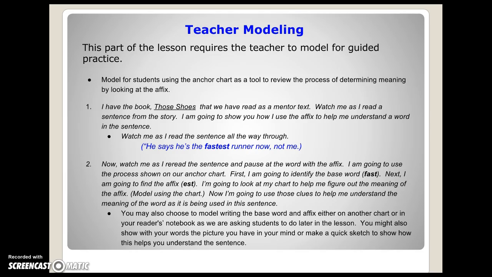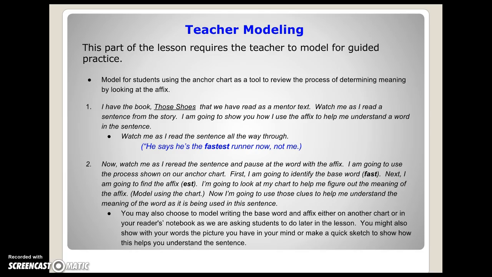The next part of our lesson is the teacher modeling. During this part of the lesson, the teacher will model for guided practice. You will use the anchor chart as a tool to review the process of determining meaning by looking at the affix. You might say,